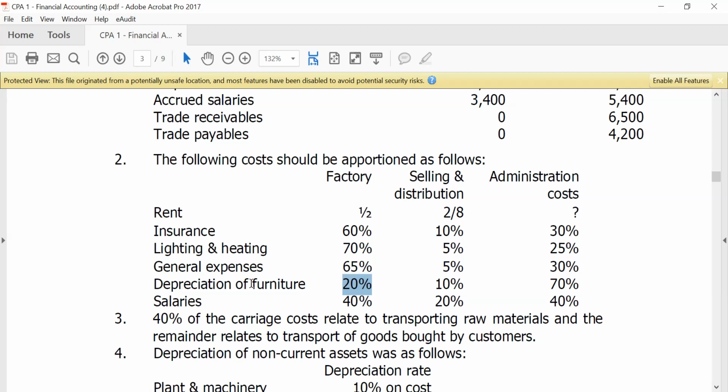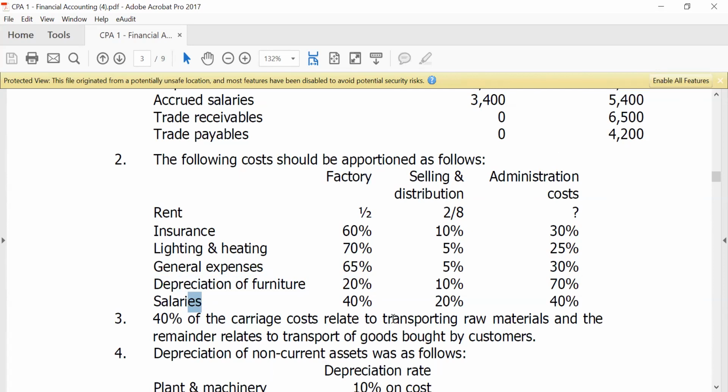And this is depreciation of furniture. So after you've calculated your depreciation of furniture, you come and distribute it. 20% goes to the factory. So you know that the 20% is what goes in the cost statement. Then the rest, 10% and 70%, will be distributed under selling and distribution and then administration costs. Same story with salaries,